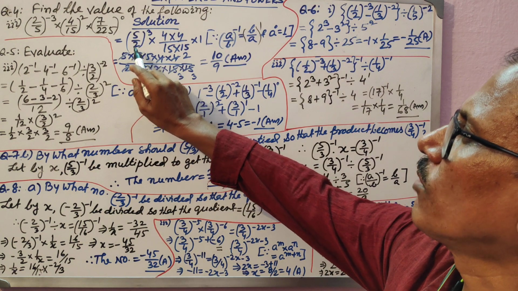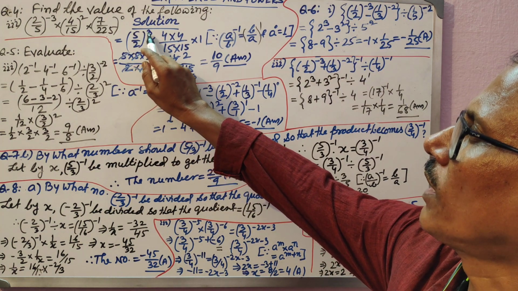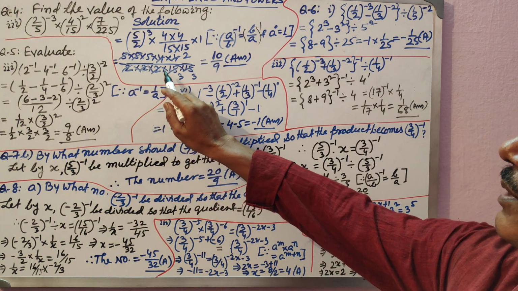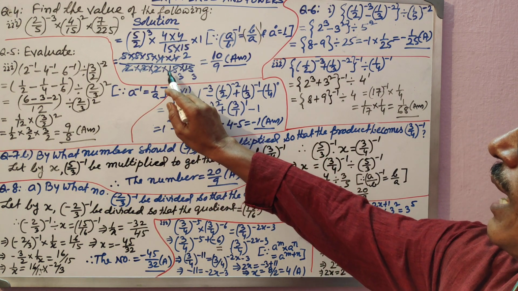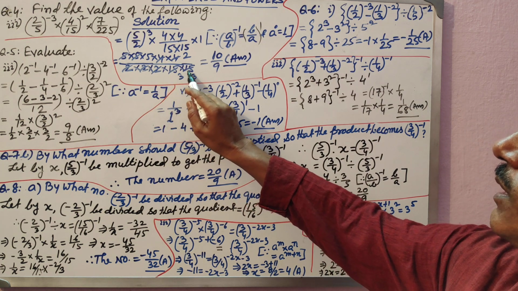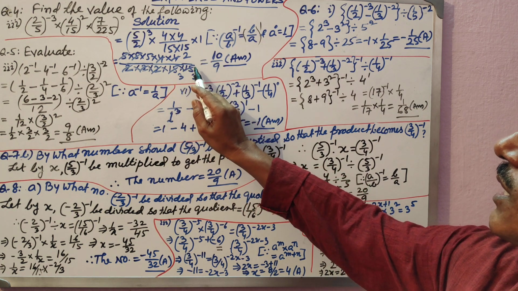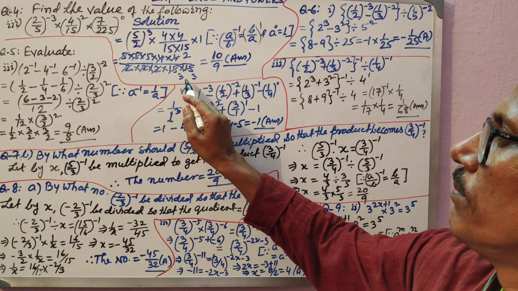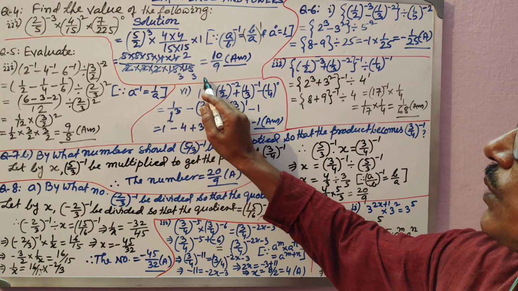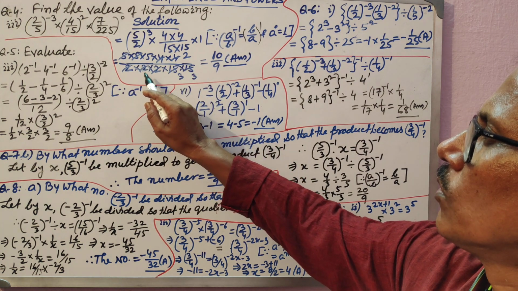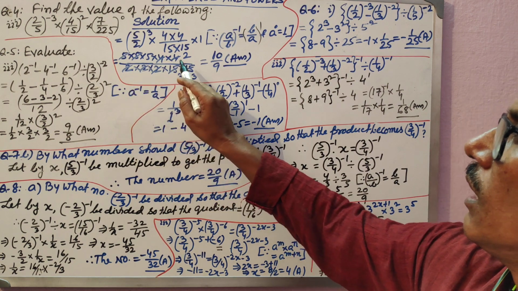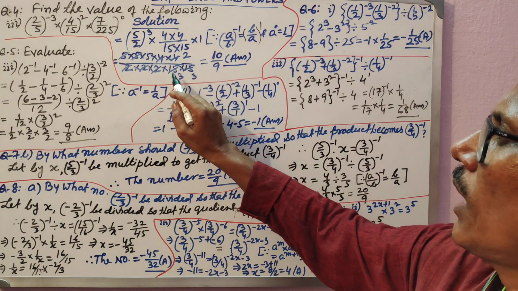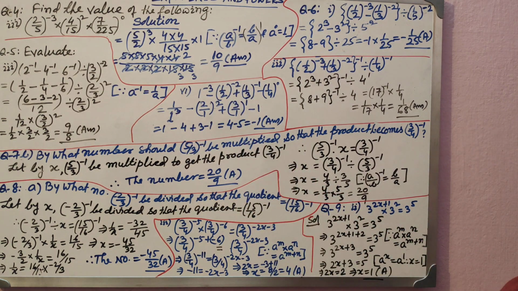Fine. Then the next step: 5 into 5 into 5 is the numerator and 2 into 2 into 2 the denominator. Then 4 into 4, and the denominator will be multiplied with 15 into 15 also. And here it is 1, so it will not have any value. If you go for simplification, 5 will be cancelled with this 15 and 3. And 2 2s are 4, and 2 can divide 4 and we will get 2. So remaining with 5 into 2 and 3 into 3, 10 by 15 will be the answer.